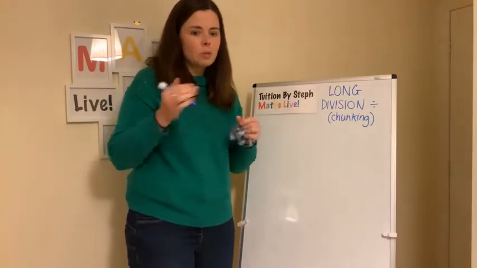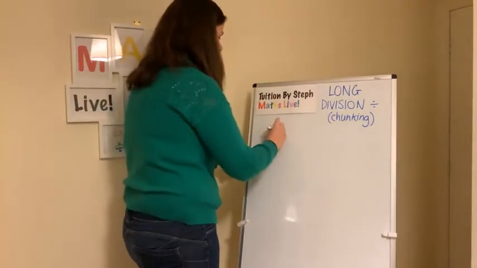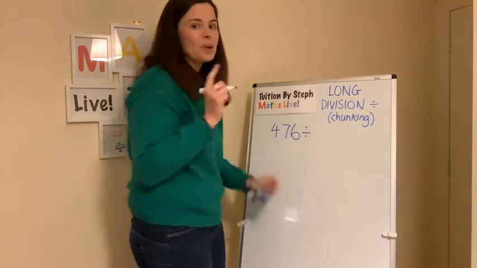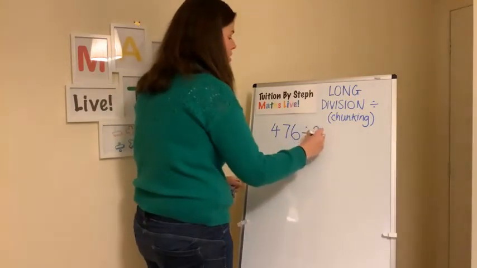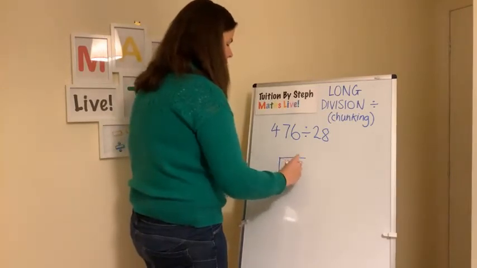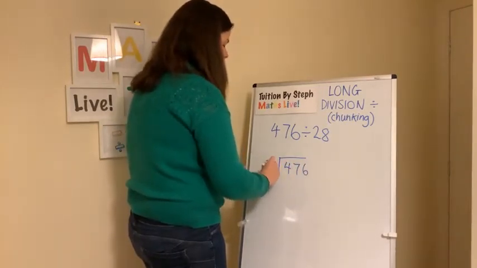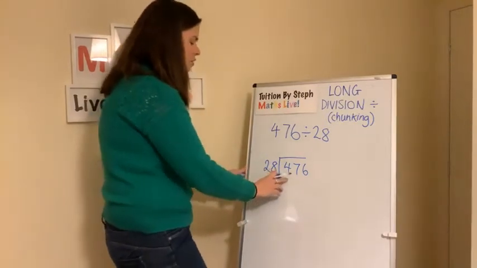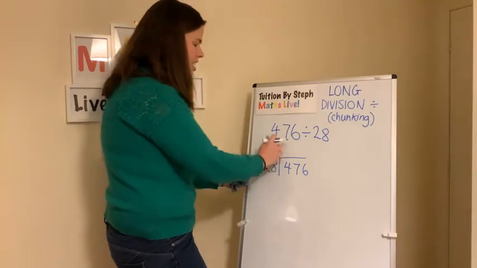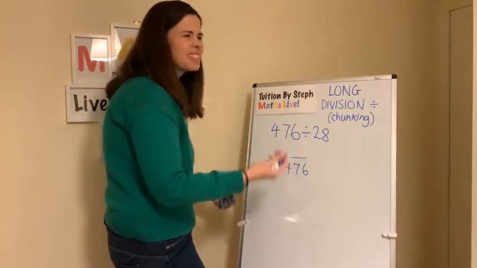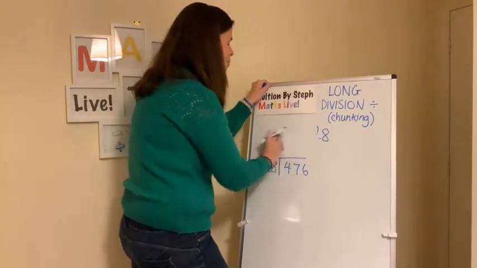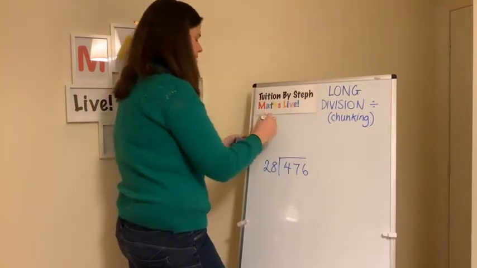This comes when we have a number that we're dividing, like 476, but this time we're dividing it by a 2-digit number, 28. If you put that in the bus stop, it's like 4 divided by 28, and you can't do it. Then you have to carry the 4 over. It's like, what? I don't know my 28 times tables. How are you supposed to do this?